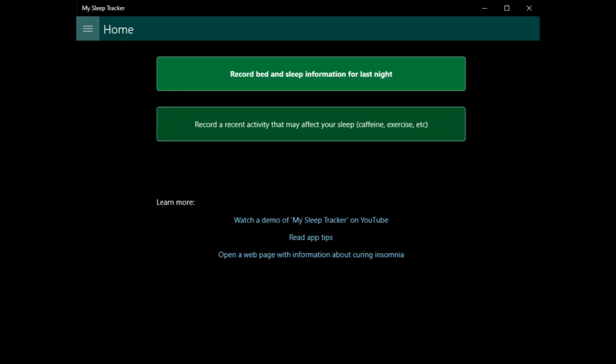Whenever you launch My Sleep Tracker, you are taken to the home screen. If you haven't entered your bed and sleep information for last night, the home screen displays two big green buttons. These correspond to the two types of data that can be recorded in My Sleep Tracker: bed and sleep information